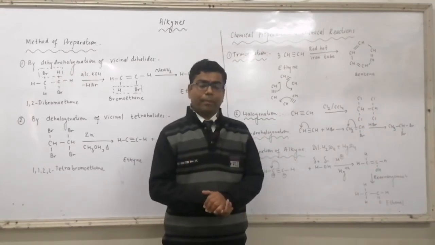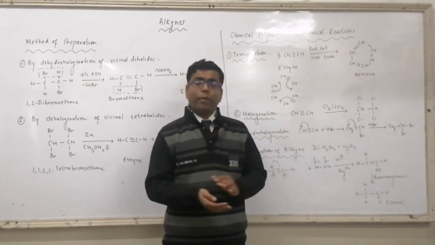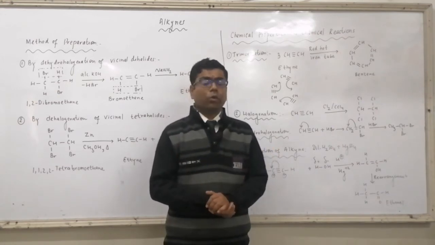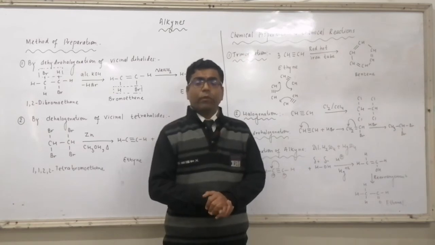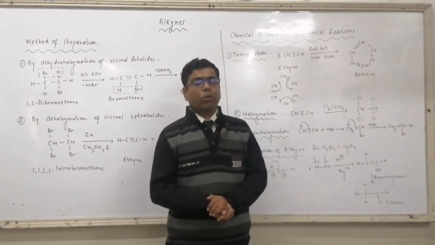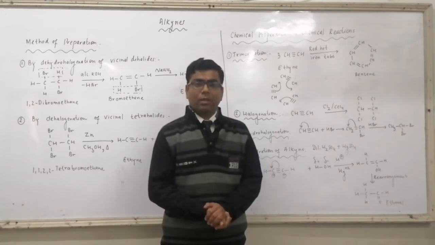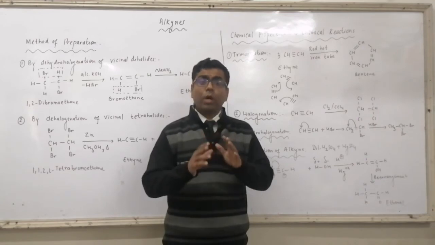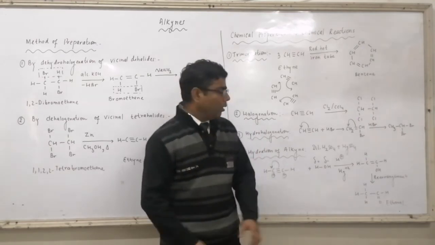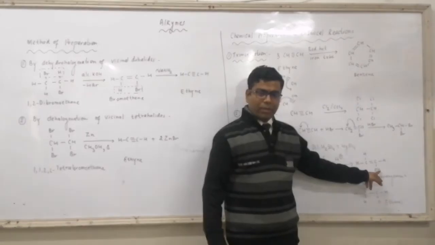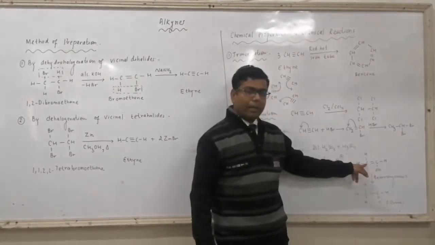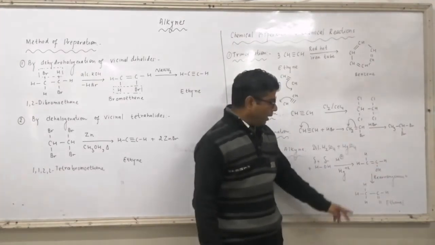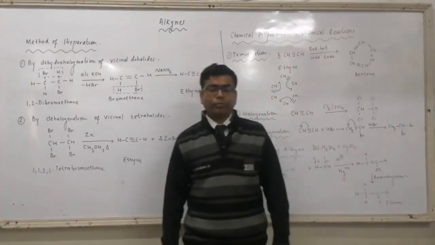Enol form is less stable. Or we can say OH group is not stable on double bonded carbon atom. If it is there, then it will show tautomerism. It will show rearrangement via tautomerism or keto-enol isomerism. What happens? H atom migrates from one multivalent atom to another multivalent atom with the shifting of pi bond. So H present with OH will be migrated to carbon. At the same time, double bond will be shifted between carbon and O, giving ethanal as the product.